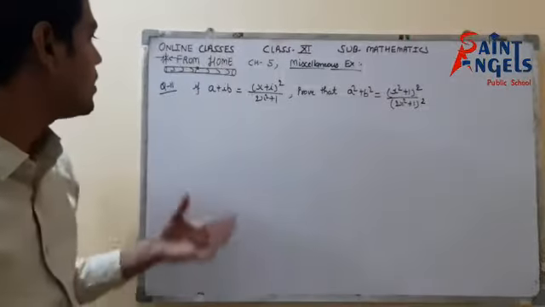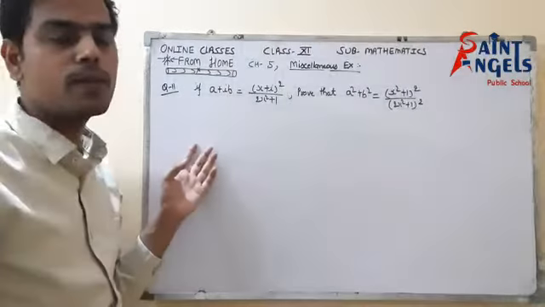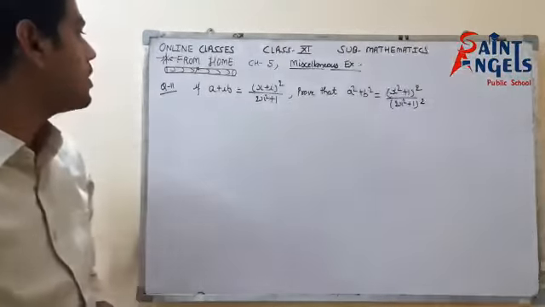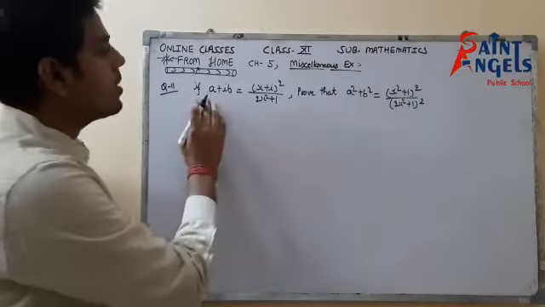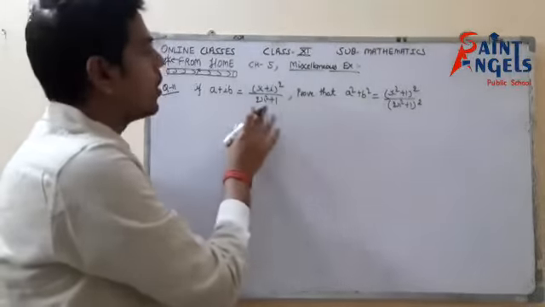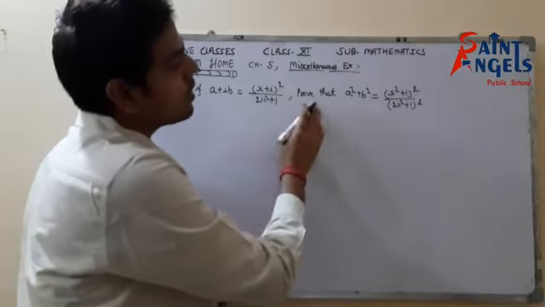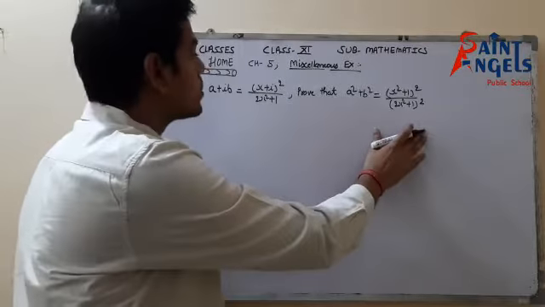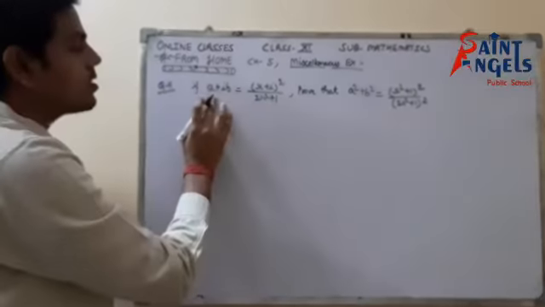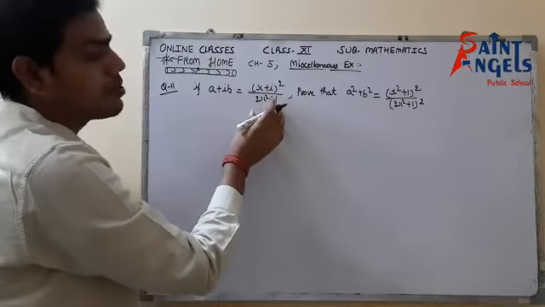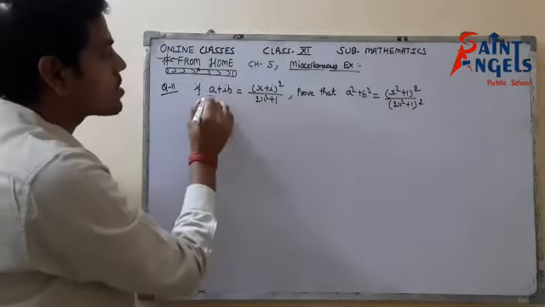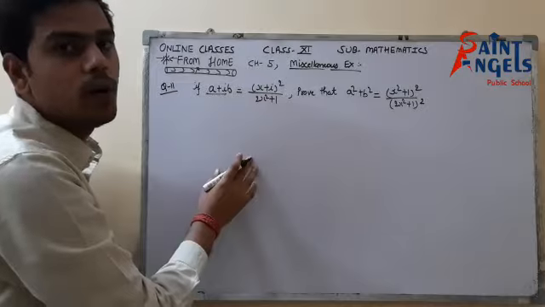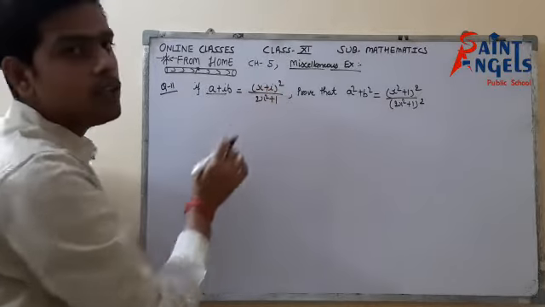So in this video, we will start from question number 11 of chapter 5, miscellaneous exercise. In this question, it is given that a plus iota b equals this complex number, and we have to prove that a square plus b square equals this. First of all, we have to take this a plus iota b into standard form. This side we have standard form, but this side we don't, so first of all we will make it standard form.